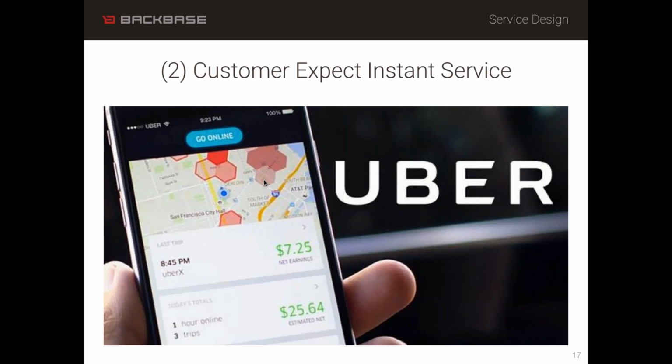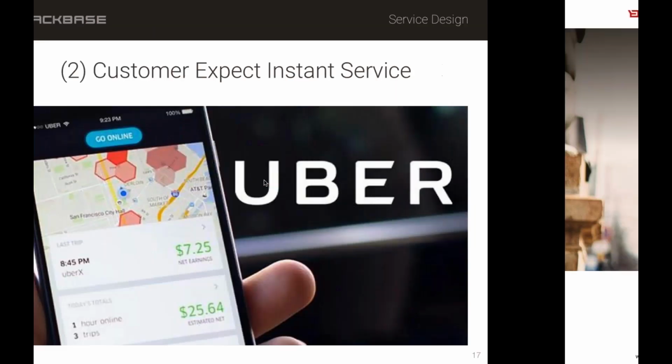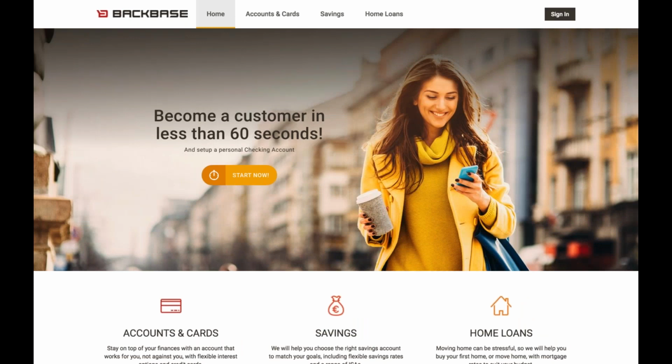All right, so the first demo we would like to share with you today is what we call our 60 seconds onboarding demo. And effectively what we show you there is that across multiple channels we can complete a full onboarding flow. So what you're looking at right now is a so-called retail banking implementation of the Backbase platform. Right now I'm looking at the public marketing website, and as you can tell in the centerpiece of the screen, I can potentially become a customer in less than 60 seconds.